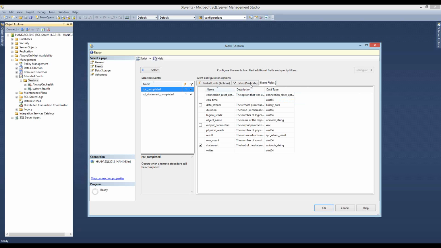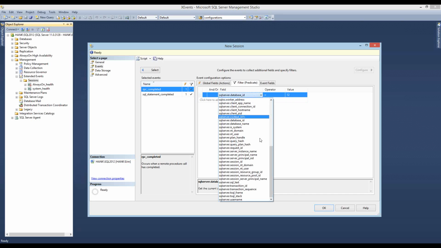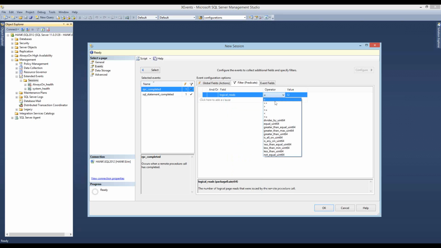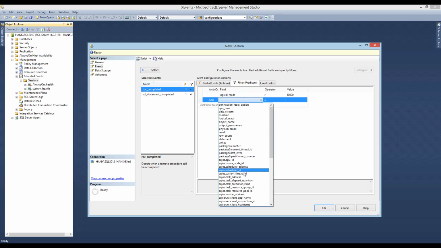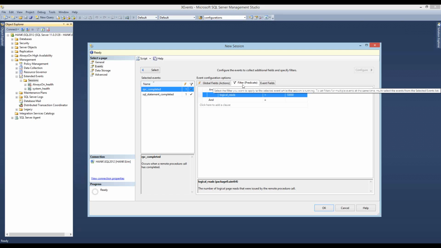Now, if the logical reads were met, right? If I had logical reads first, which I can do this. No, I didn't want to do that. Let's remove that. I can move this up. Let's change this. Logical reads greater than 10,000, right? If this is met, then it's going to have to go check my additional predicates. So I'm hoping that when you're creating these filters, because again, we always want to filter on something, think about the order of them because it does matter.